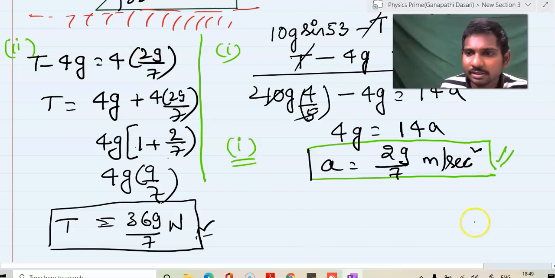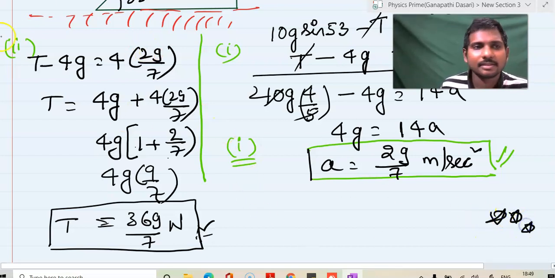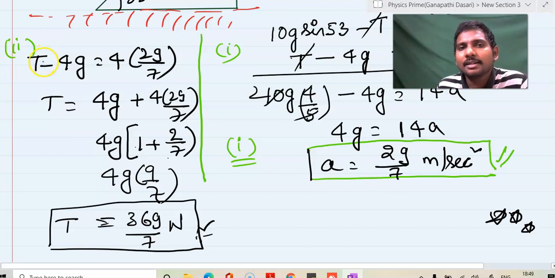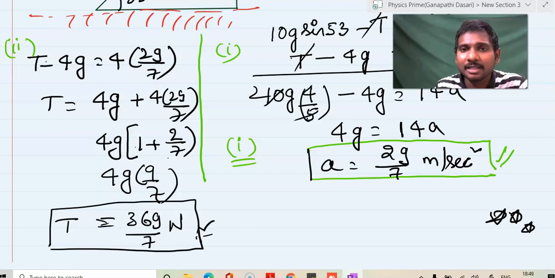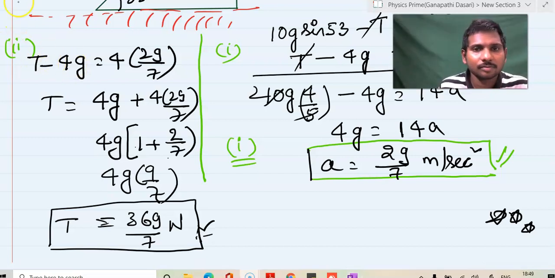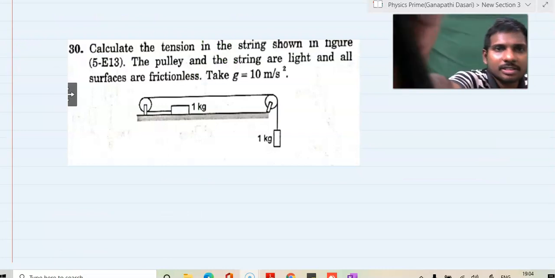This is a good quality question. Let us solve problems of this sort, high quality problems, so that you will become perfect in finding the free body diagram of the given system, and also motion along the inclined plane, what the accelerations of the blocks are, and also what the tensions in the strings are, in the pulley arrangement also. Let us solve the next question, students.